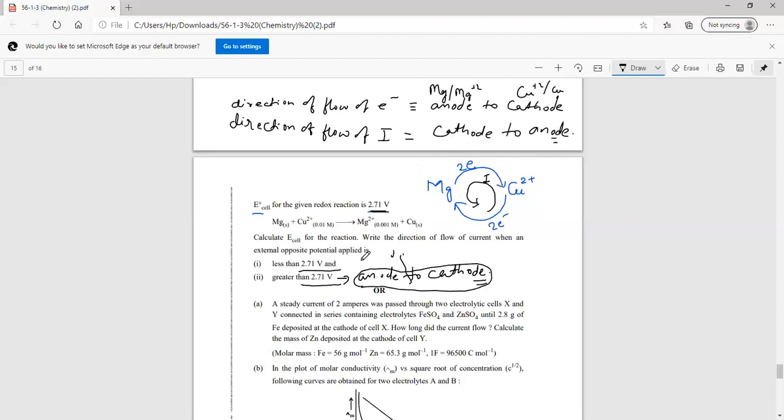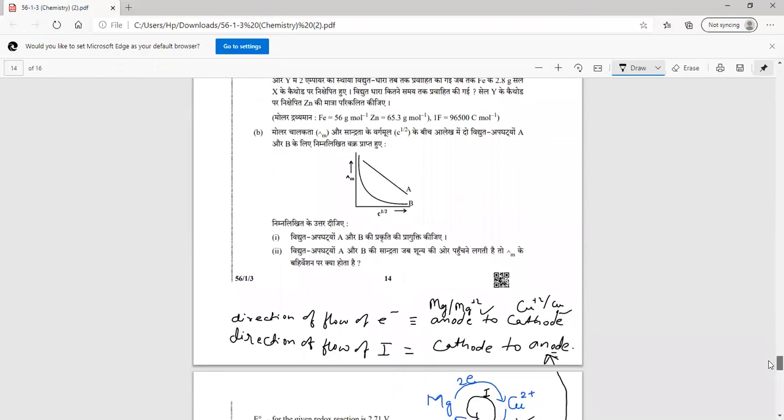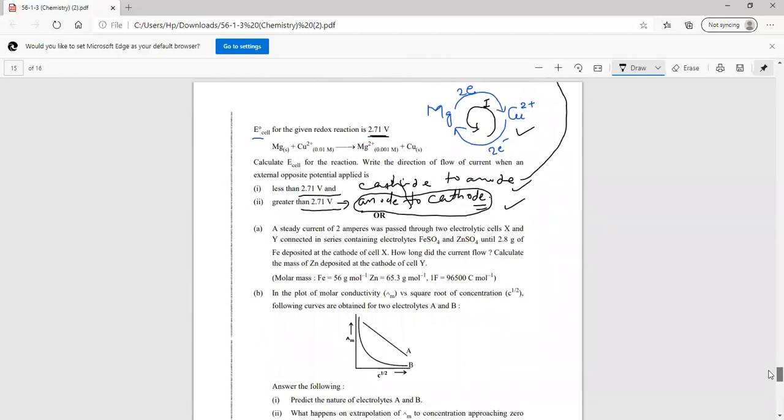For this you will get marks, and for cathode to anode, which you found out by relating the situation, you will get marks. For showing direction, you will get marks. For writing cell notations for cathode and anode, you will get marks. And for drawing a diagram of the cell, you will get marks. So this is a descriptive question in which you have to answer in a very logical manner. Okay. So this was it. And then the next question is,